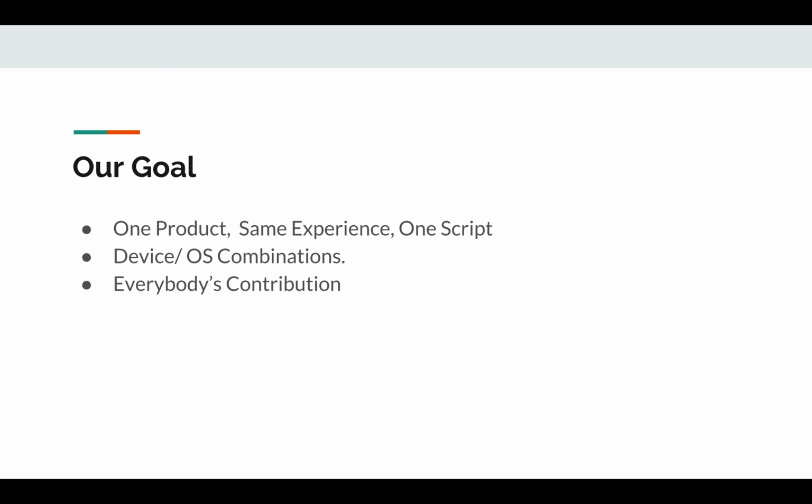So our goal became that we have to create one product as a team and provide the same experience for the users of both iOS and Android platforms. And the goal for the automation team was to create one script which enables us to perform the execution on both types of devices, both types of platforms, I would say,